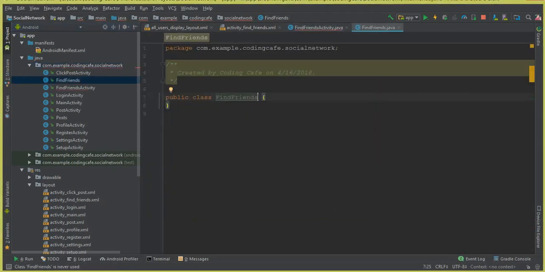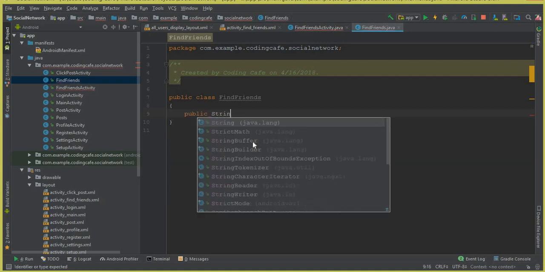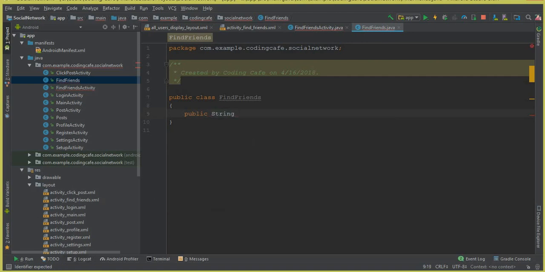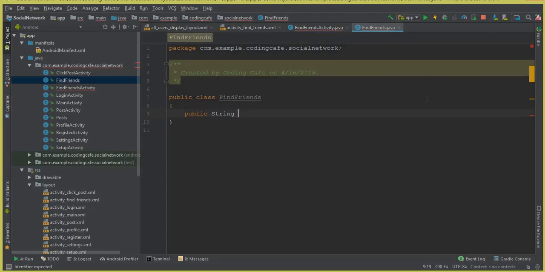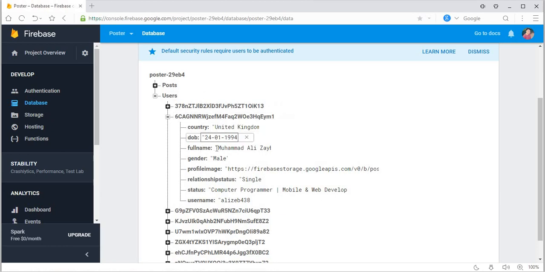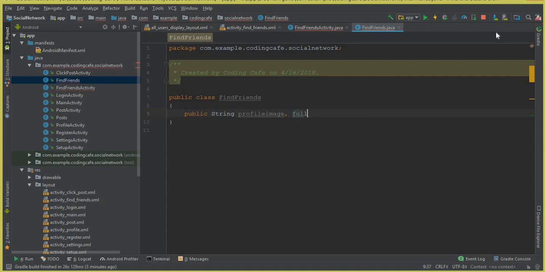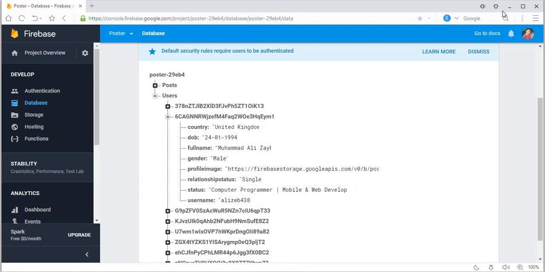Click OK, and you can see that our module class is created successfully. Now inside this module class, we can use the public operator, we can say public string, and make sure to use the same variables which are in our database for retrieving the profile image. So first we can say profile image, make sure to use the same name which is in our database, and the second one is the user full name, so it is by the name full name. So we can say full name, and then the status, which is by the name status,